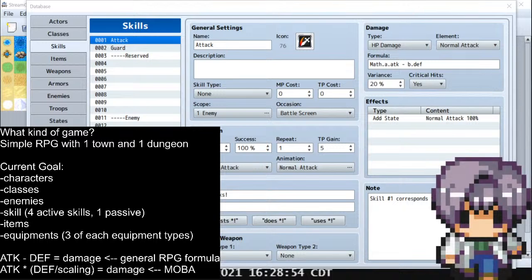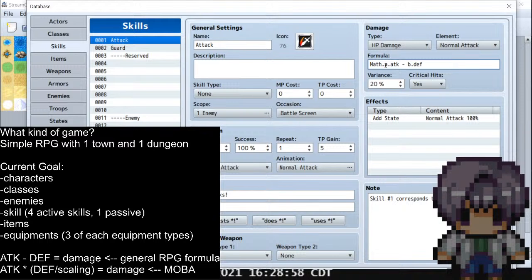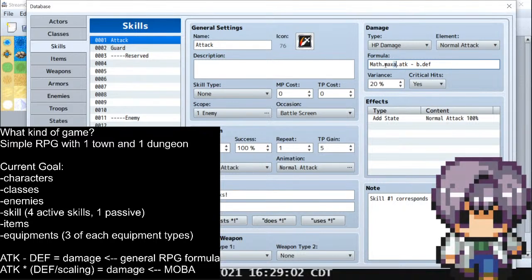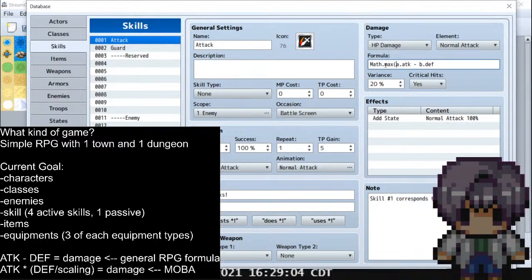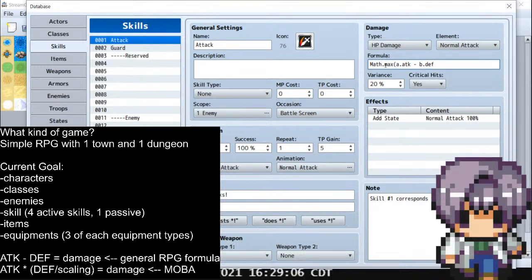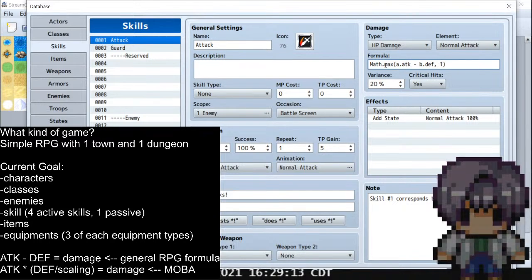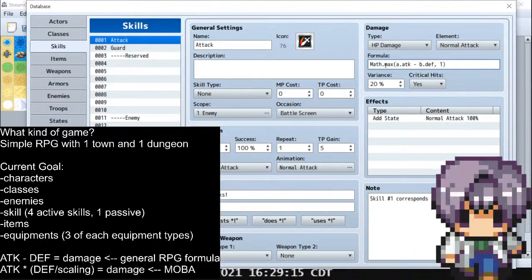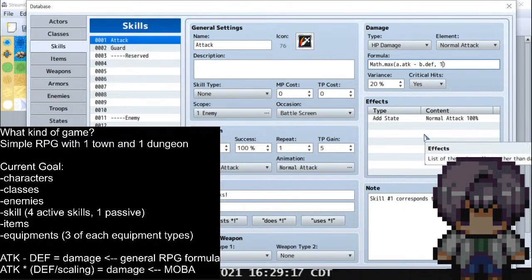I'm hoping this works, otherwise I'm probably gonna get an error later. Because I want the minimum damage to be 1, but there's no way other than scripting to do this, I believe. So we're gonna try this, and hopefully, this gets me the